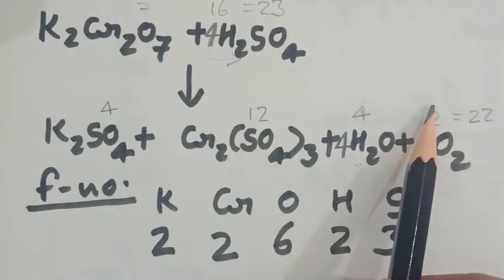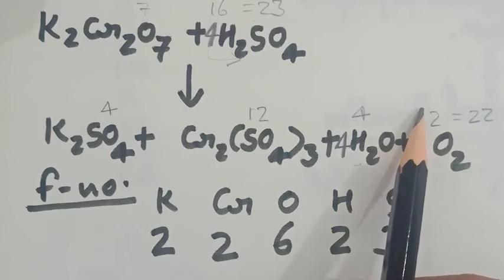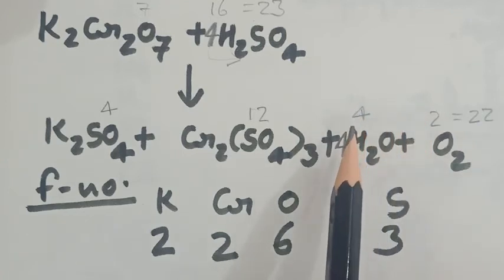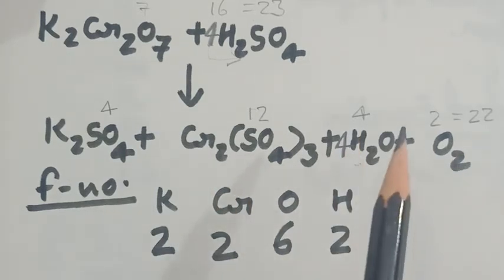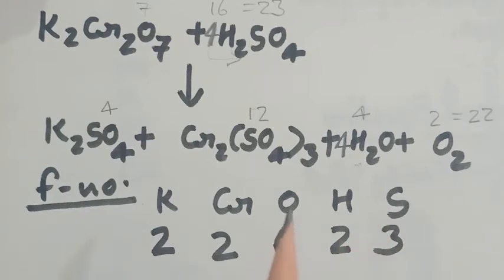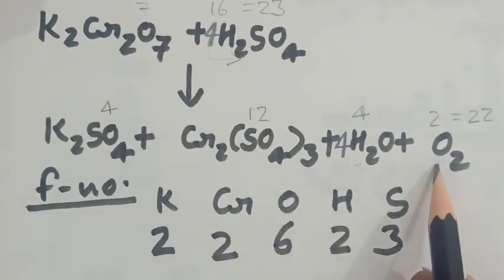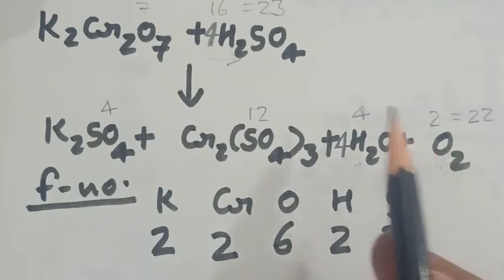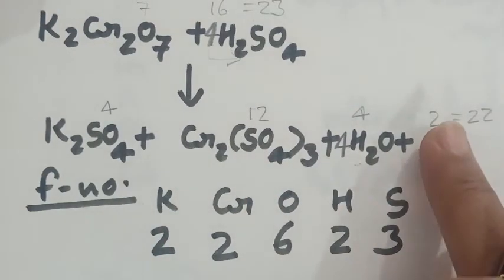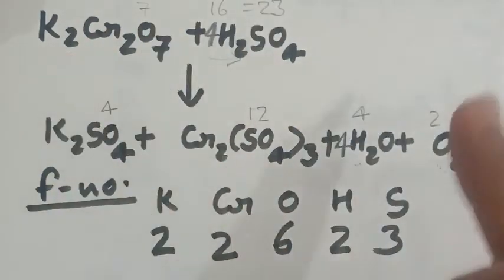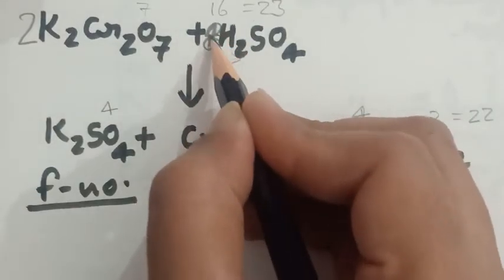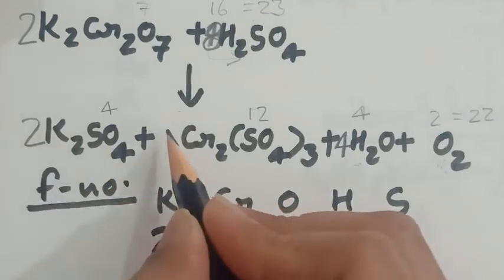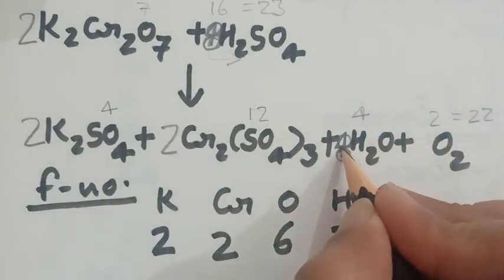In the previous rule I told you that if an element is present in a particular equation in pure elementary form, meaning it is not present in the form of a compound, here oxygen is present in elementary form, thus we have to multiply this whole equation by 2 except this oxygen. So multiplying this whole reaction by 2: here 2, here 4 times 2 is 8, this side 2, here 2, here also it will become 8.